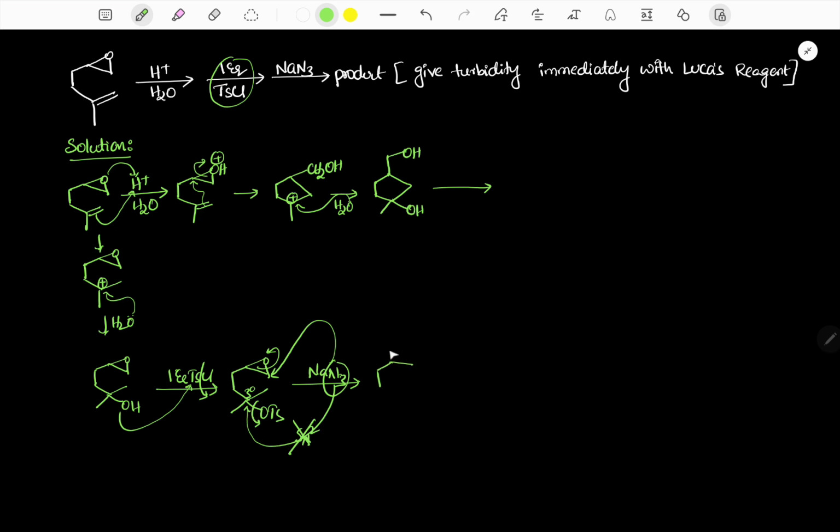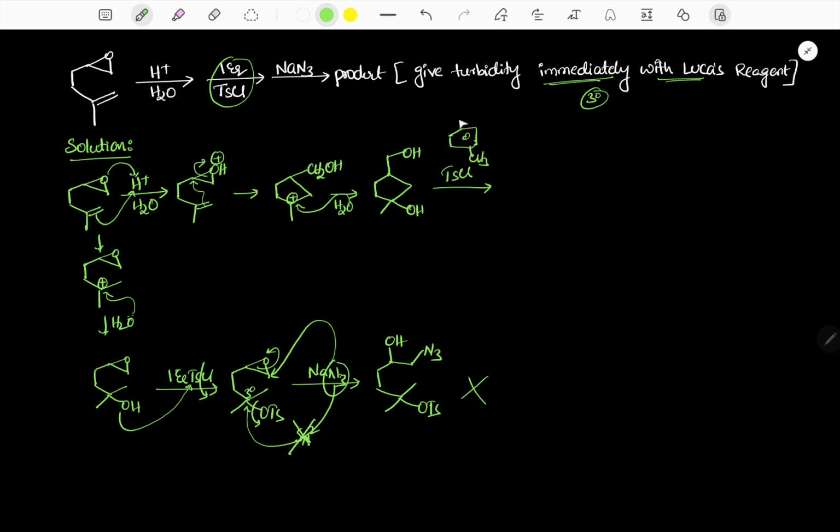So the only possibility is we can consider OH and N3 and OTs. But here Lucas reacts immediately. So Lucas immediately means that it should be a tertiary alcohol, or a benzylic or allylic connected carbocation. So here there is no tertiary alcohol and no such connected alcohol group. Therefore it cannot be the answer. That's why I am considering this one when it is treated with the TsCl. So TsCl is